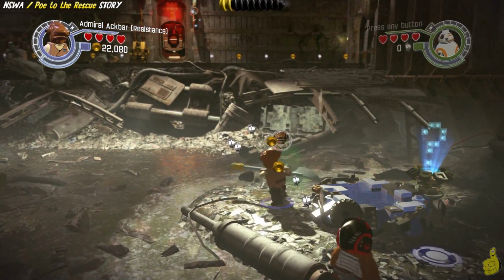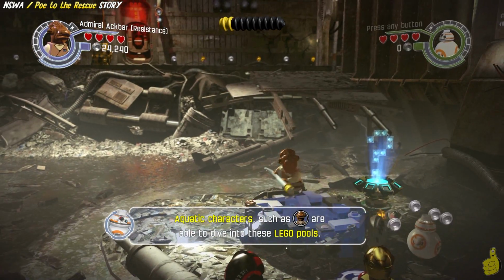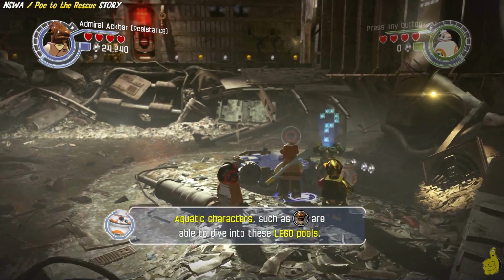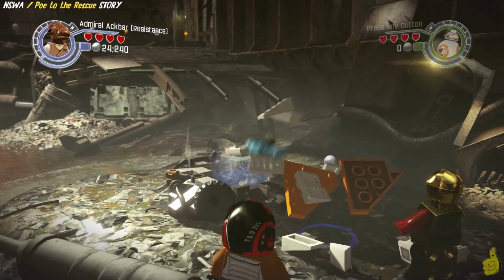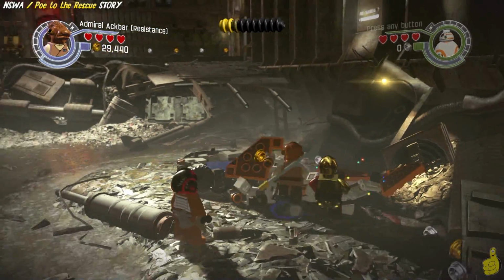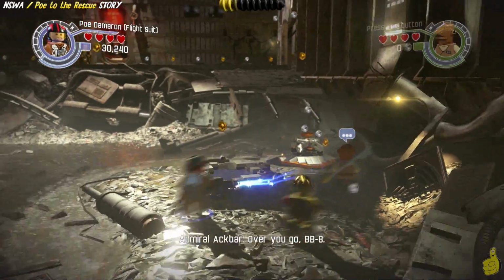So this is one of the reasons we need old Admiral Akbar for the free play series. He has the ability to go through these dive Lego pools. We've seen this in other games, like Aquaman can do it, and, you know, we've seen it before. Definitely seen this before in previous, even early, like, Pirates of the Caribbean, I even believe. Anyhow, we have dove into the pool there,